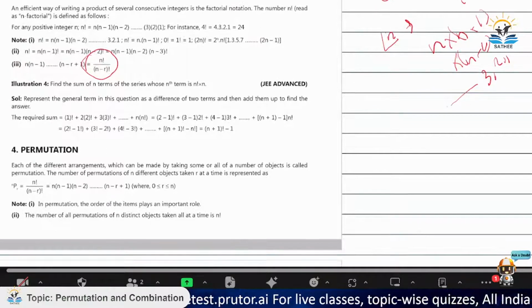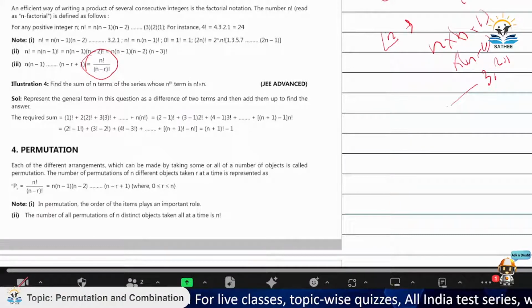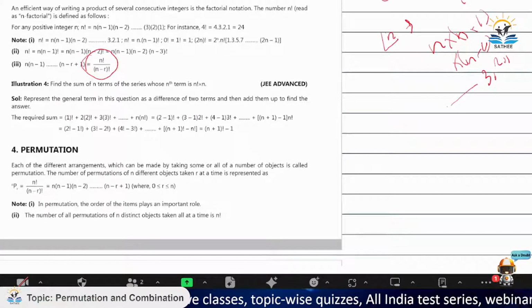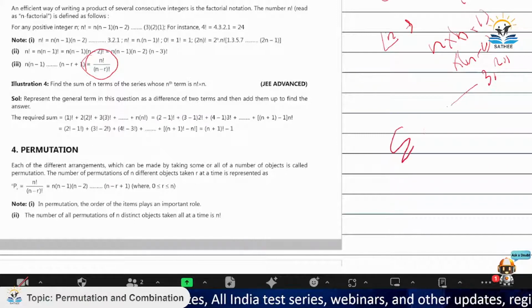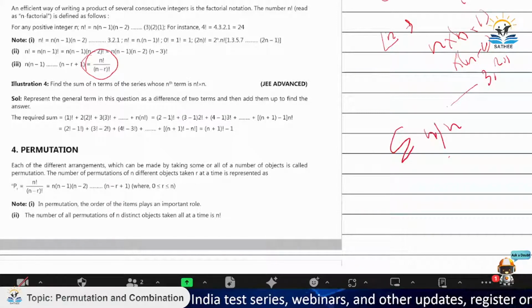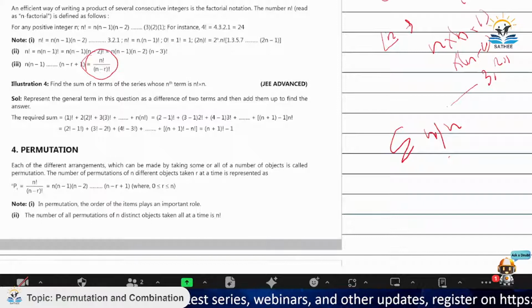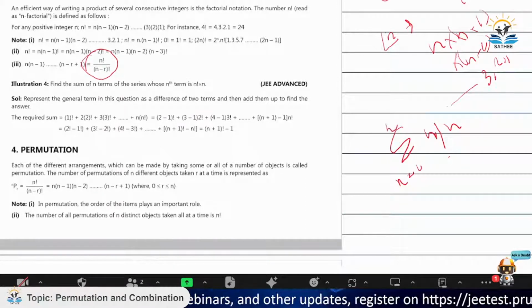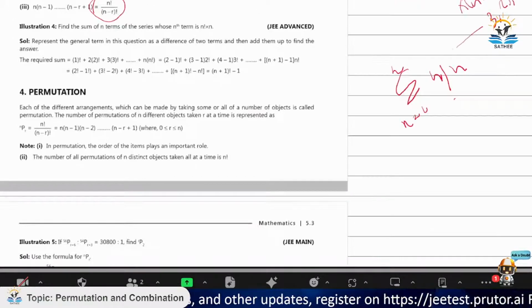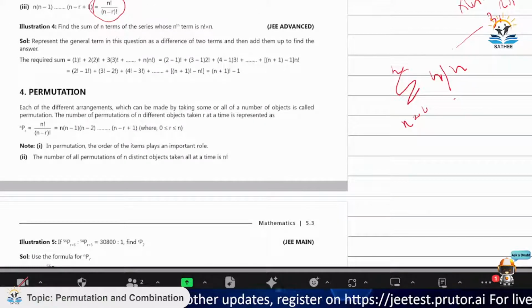Okay. Now find the sum of n terms of the series whose nth term is this. So what we are supposed to do is हमें sum निकालना है, summation of n factorial into n, और n सीरीज का निकालना है. So n goes from 1 to n. तो इसको कैसे कर सकते हैं? हमारे पास क्या है?